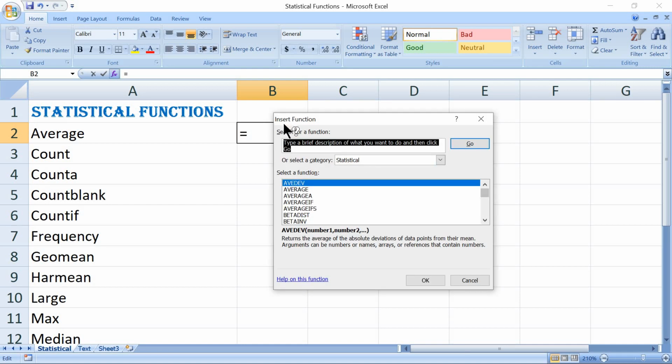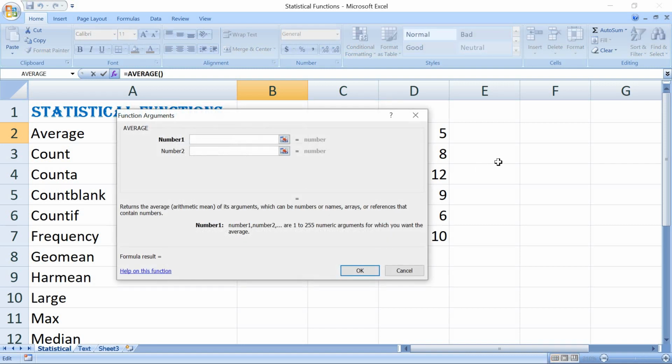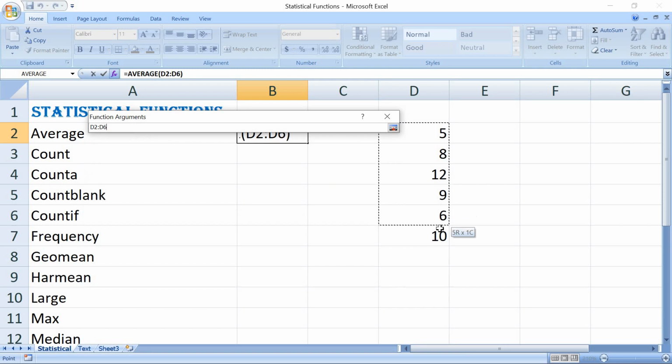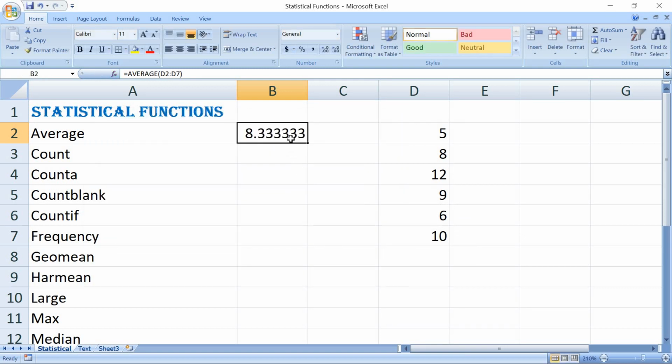In that case, the insert function dialog box will be displayed. Now we will find out the average. Select Average, click OK. Select the range, then click OK.